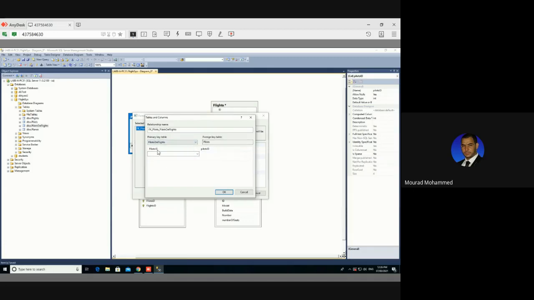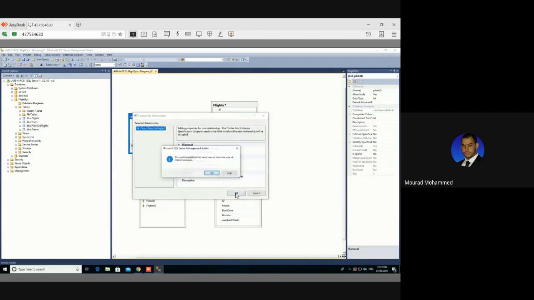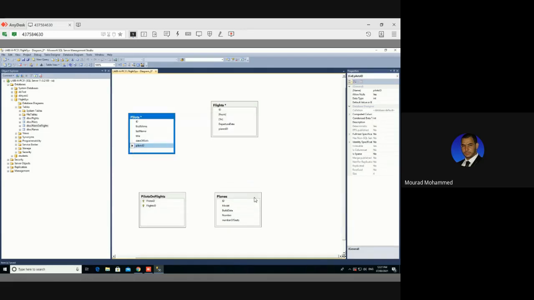Pilots of flights, pilots. Pilots ID, pilots ID. That's the one. This is the pilot, this is the one. Okay. Because in table pilots, flights do not match an existing primary key or unique constraint. Oh, okay. Because it has to be the same value from both sides. Cancel. Because it is requiring us to generate one primary key only, I'm going to come back